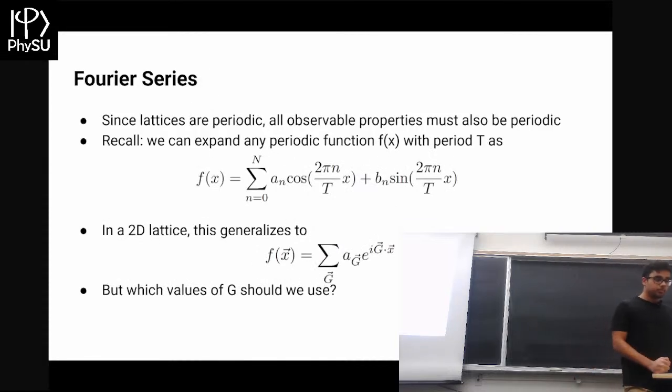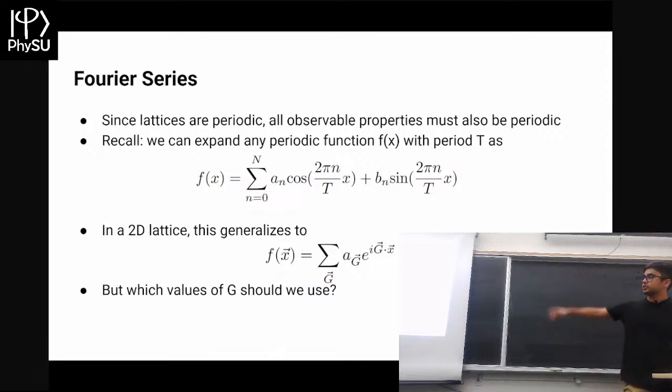Now, these solids, I said they're periodic. Whenever I say that, you might be thinking of Fourier series, if you recall from maybe second year, where you expand a function f of x that's periodic with a period T. We can expand it in terms of sines and cosines, where the frequency of the function depends on the period of whatever you're looking at. Now in 2D, it's a little bit different. Here we'll be summing over vectors G. We have some coefficients a_G, and then we also have these exponentials, e to the iG·x.